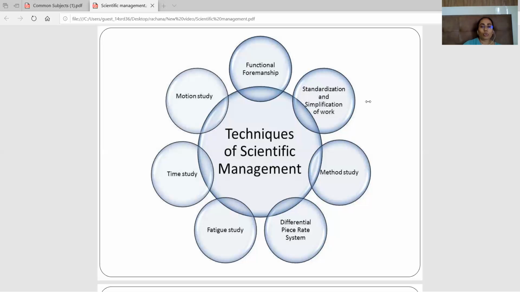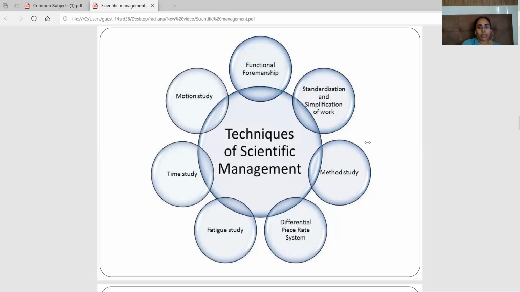The next technique is known as time study. Time study is a must for regulating the time of performance of each activity. In time study, we study the time duration for performing different sets of activities, so that a standard time can be decided for performing a particular job, and you can decide the overall organizational timing of the process in which the input can be converted into output within a standard time.